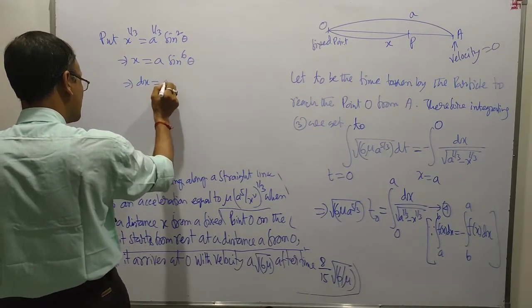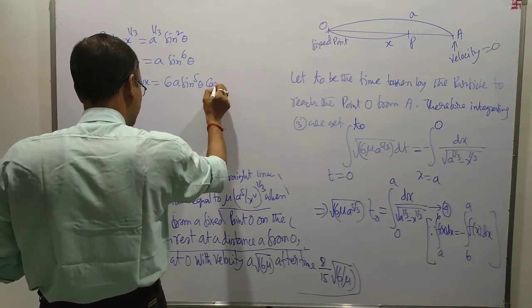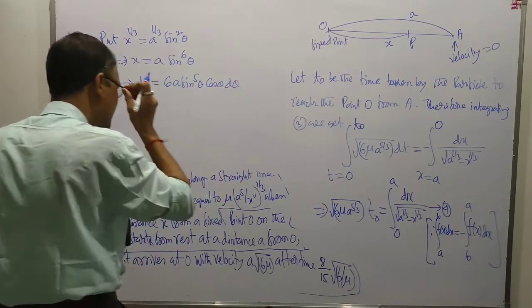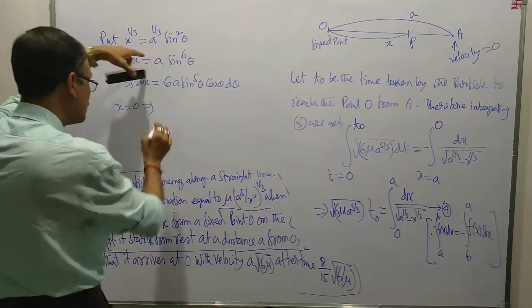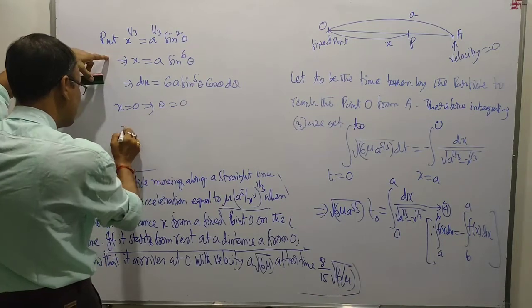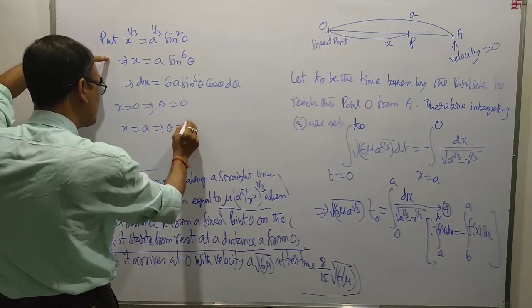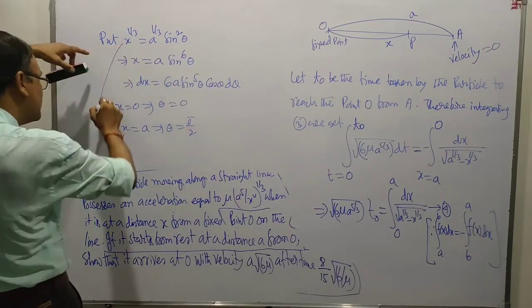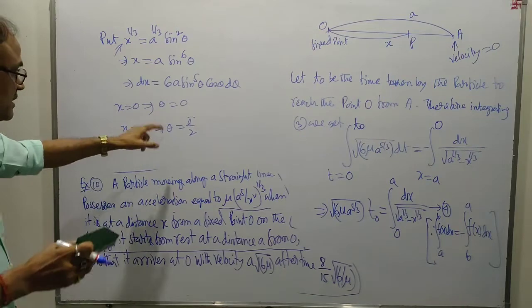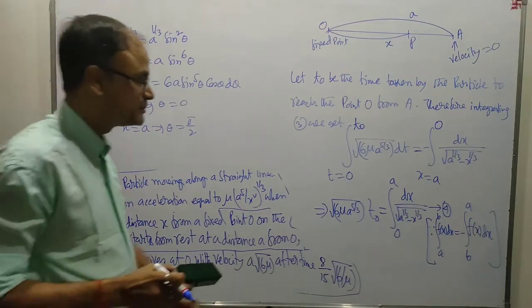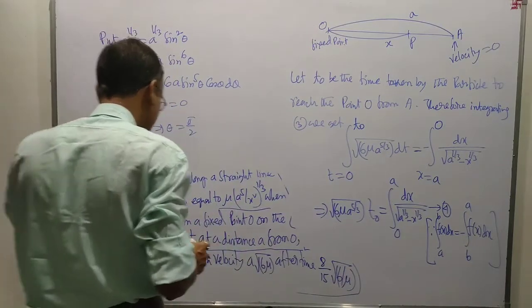This means dx is equal to 6a sin to the power 5 theta cos theta d theta. x equal to 0 means theta is equal to 0. x equal to a implies theta is equal to pi by 2. From here, put everything here. Therefore, from 4 we get, therefore, 4 implies